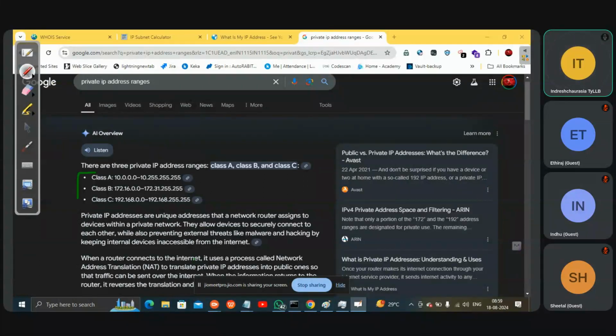See, this is the private IP address. This is company A, this is company B. Company A is using this one, 10.0.0.0 something. So can company B use this one? Whatever we are saying is class A, can company B use this one? No, that's for the larger network, right? For larger network, smaller network, fine.